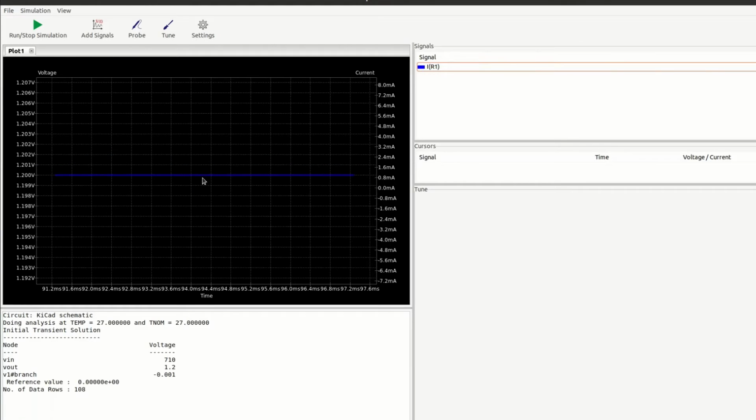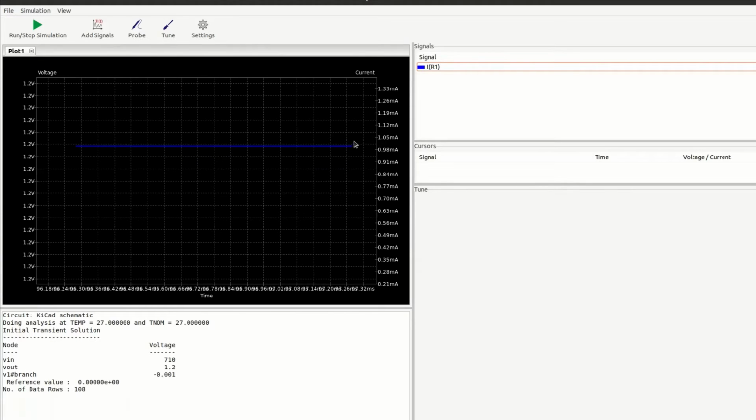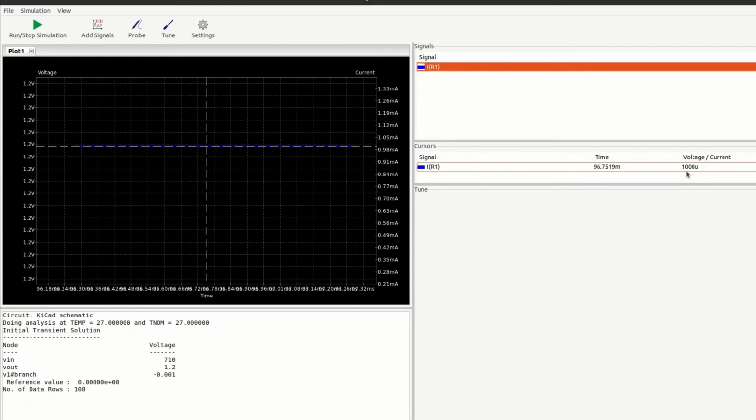Actual value is exactly 1 milliampere. See? Okay, we can just show cursor. 1000 microampere current is flowing, which is equal to 1 milliampere, and this is the time. You can see here is the time and here is the voltage.